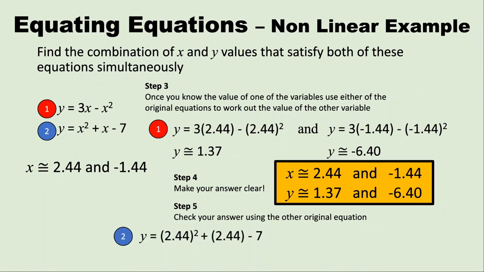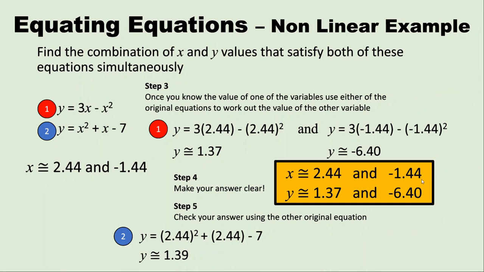So when x is equal to 2.44, y is equal to 1.39. Now I'm not going to panic about that because, as I said before, anytime we use rounded values, our answer is not perfectly accurate. That's not too bad, but let me just check if it works when x is equal